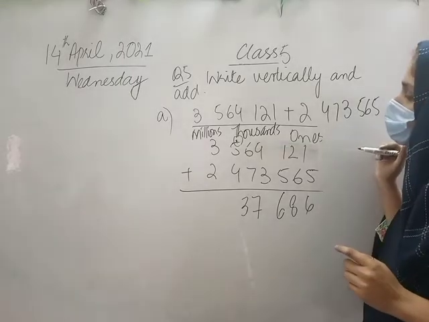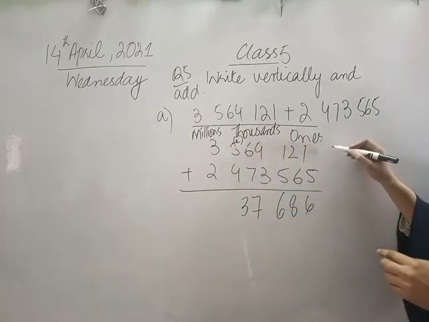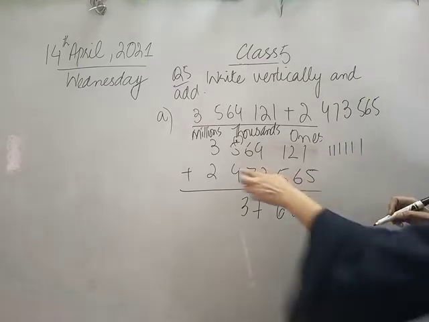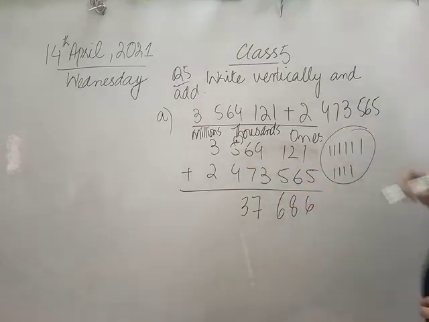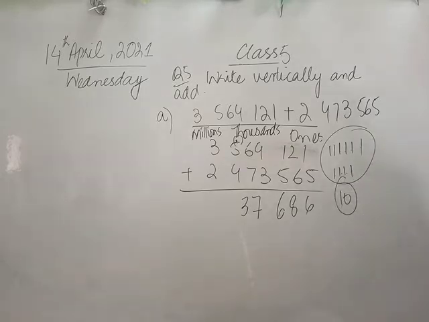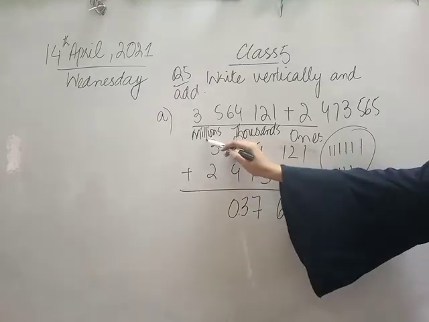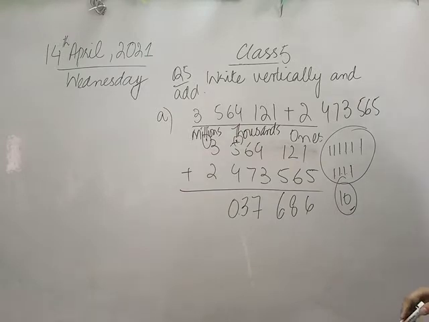Now the next value, which is 5 plus 1, we will add this as well. So in total I have for upper 1 2 3 4 5 6 and for lower I have 1 2 3 4. So in total 10. Again a 2 digit number. So I will consider the unit place and I will write below 0 as it is, and 1 is carried to the next unit which belongs to millions. Fine.